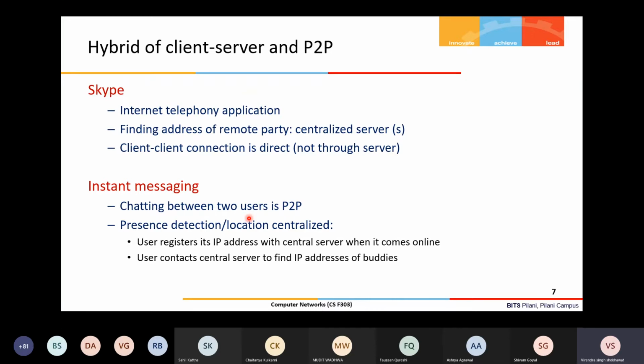Scalability-wise, peer-to-peer architecture is good, but management-wise, client-server architecture is better. You can manage better, since you store in one place the information you want to give to all clients. But in peer-to-peer, if you keep such central information and there are thousands of nodes, you need to replicate it everywhere, which is cumbersome, and maintaining the dynamicity of this information is again problematic. That's why this hybrid of client-server and peer-to-peer architecture is also popular.